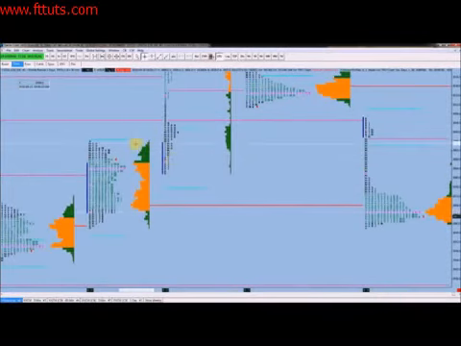Why are there two blue lines? One on the top and one at the bottom, because once you've got your initial balance, that's your predicted extension either side of it. When we get into 50% up and 50% down, when we start talking about day types, which after a coffee we're going to get to,